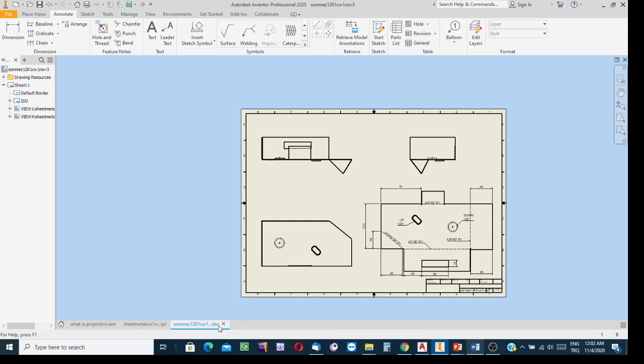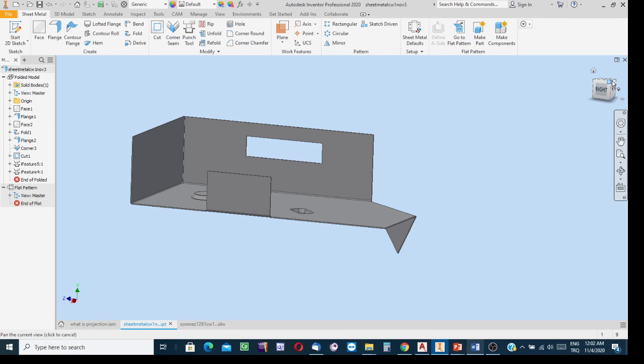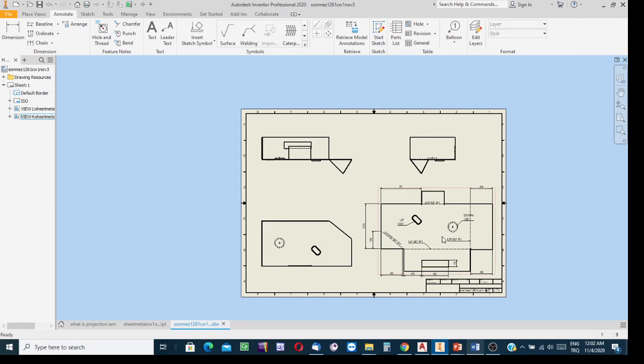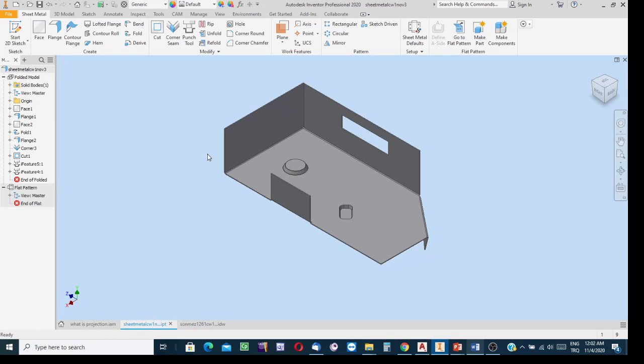Instead of having the final form of the object, you are only provided info on the side views, but you have the development. Creating this model, remember, first I created this part, and then